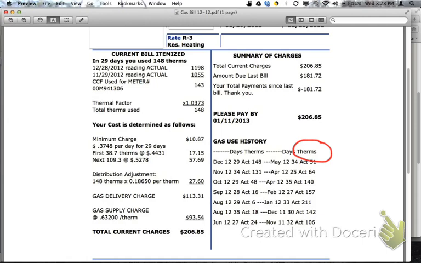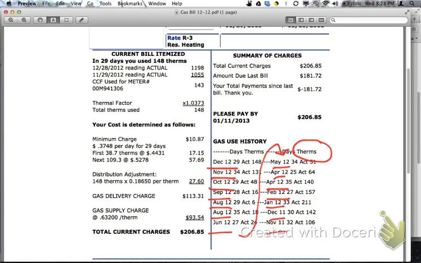What we're going to want to look at in this bill is that it goes through every single month. Here's December, here's November, October, September, August, etc. Then it goes back up here for May, April. Now you can see in this case there's no March. That's because they actually took the reading of the meter in April for the previous month, but we still have the data there all the way back to November of